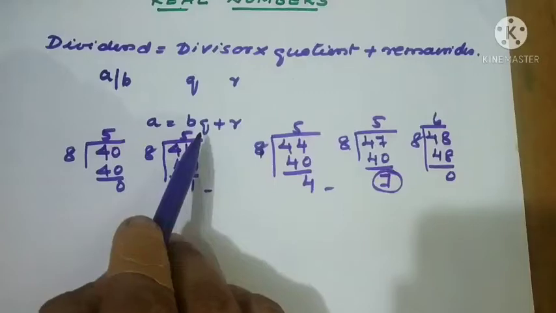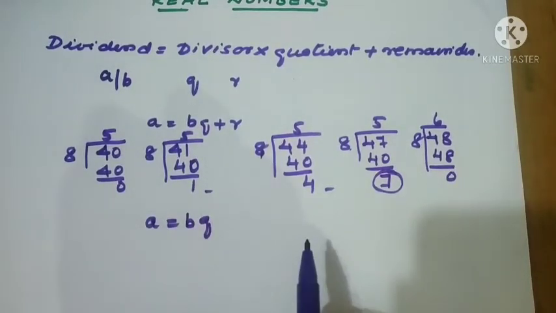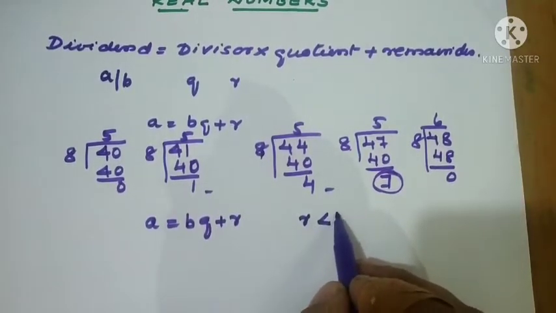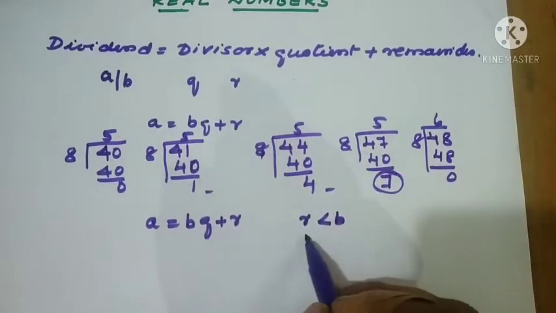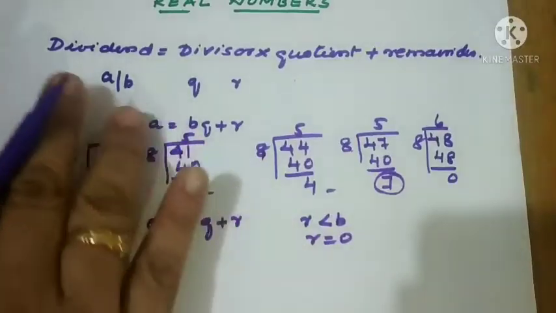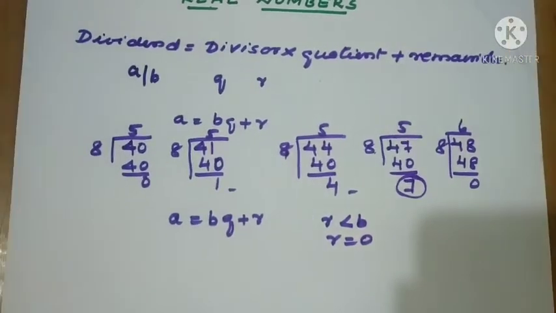The same rule applies here. When we write A divided by B, we can find a Q as a quotient and R as a remainder, meaning R is always less than B only. B is a divisor, or the condition is R equal to 0. That is what we learned when doing division in the lower classes. The same thing we are going to learn here in a different way, because Euclid, the Greek mathematician, suggested this in his book Elements. We already heard about this in the 9th class.